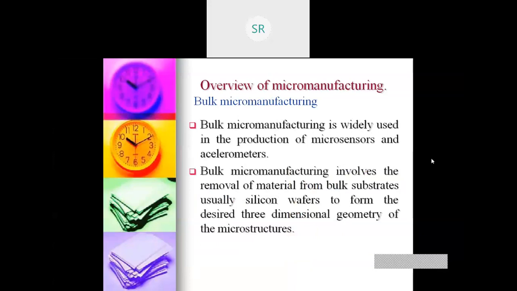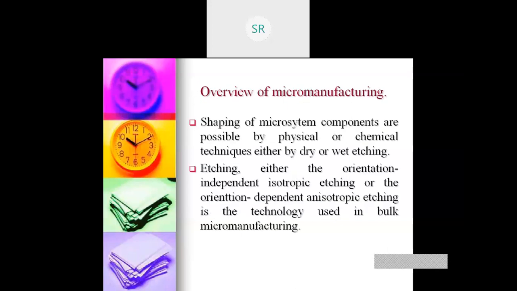We have seen that bulk micro manufacturing is widely used in the production of microsensors and accelerometers. Bulk micro manufacturing involves the removal of material from the bulk substrate, usually silicon wafers, to form the desired three-dimensional geometry of the microstructure. Next, the shaping of microsystem components can be done with the help of physical or chemical techniques, either dry etching or wet etching.